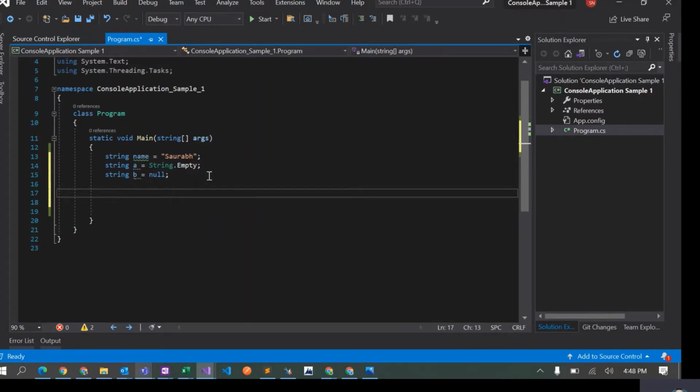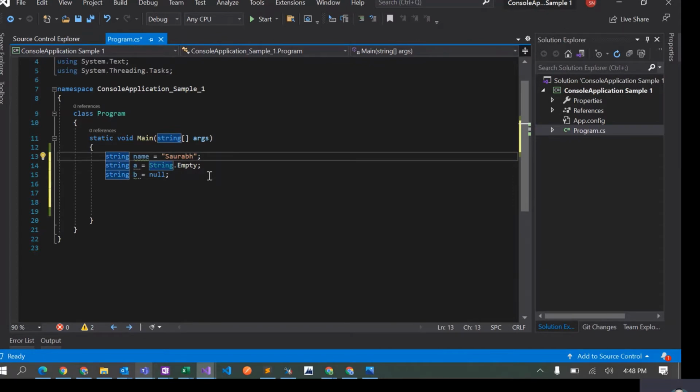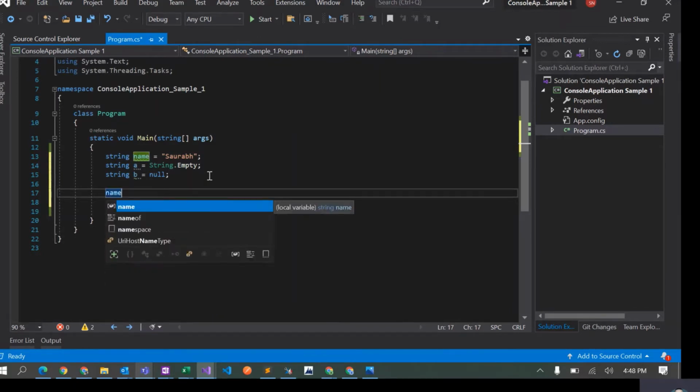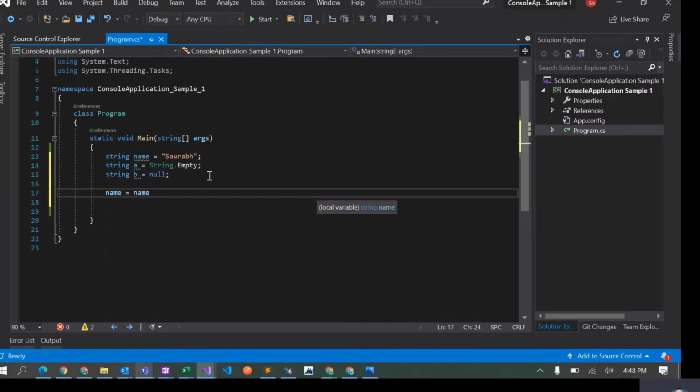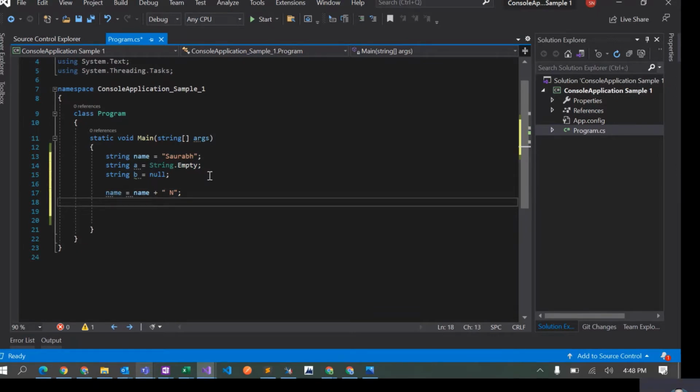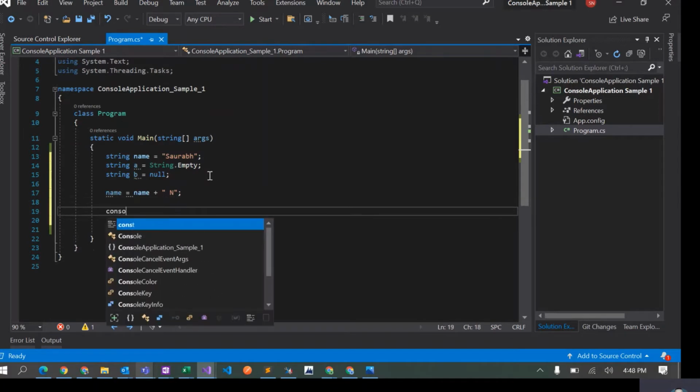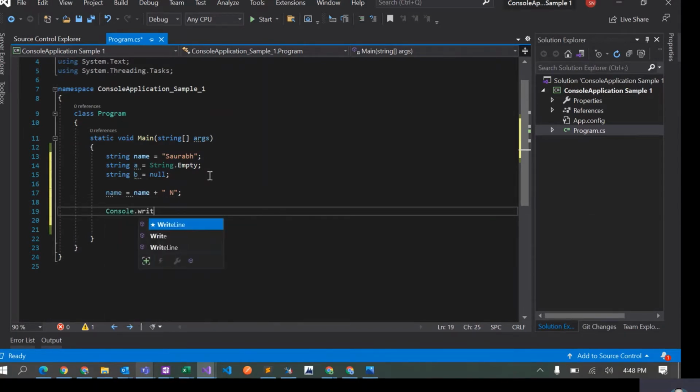One interesting thing about strings is that strings are immutable. So what do I mean when I say immutable? For example, if we have created this string name equals to Saurabh, let's say I have to attach my last name also to this. So I can say name equals to name plus, let's say, my second name. This is totally fine to do in C sharp, and what I can also try to do is, let's say, console.WriteLine,